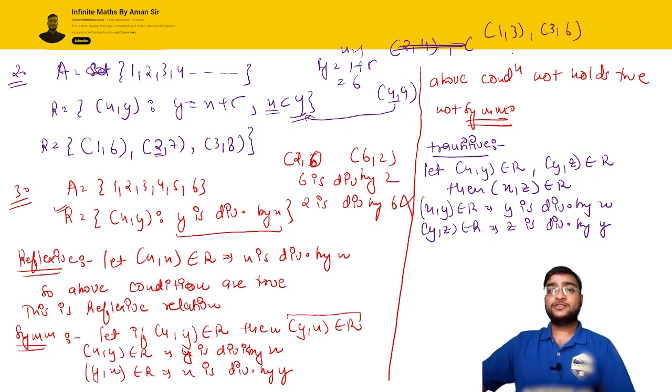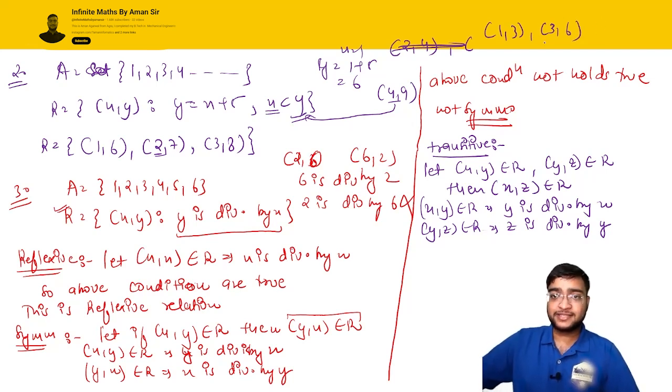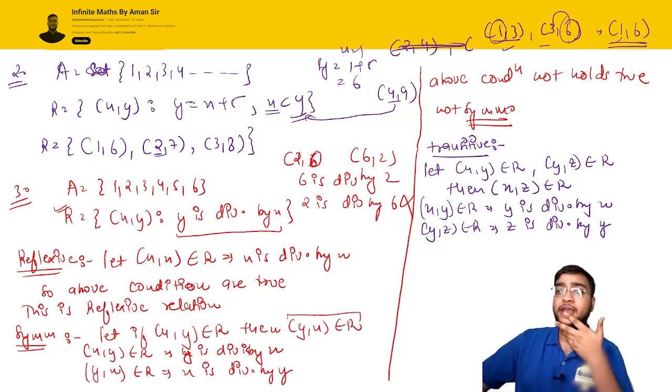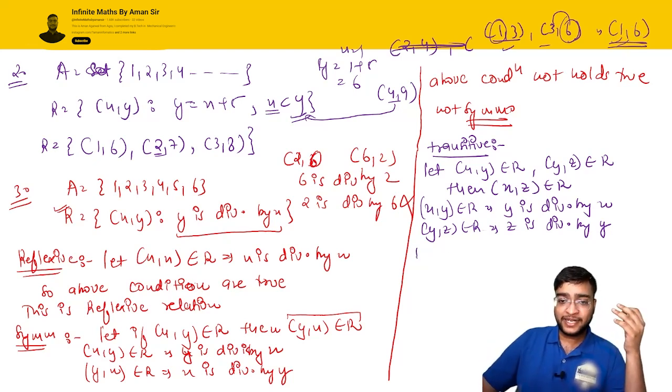Okay, so let's find out. For this condition, I'm just saying, is 3 divisible by 1? You can say yes. Is 6 divisible by 3? You can say yes. Ultimately for transitive, the pair should be 1 comma 6. For this condition, you can say 6 is also divisible by 1 here. It means by both the above conditions,